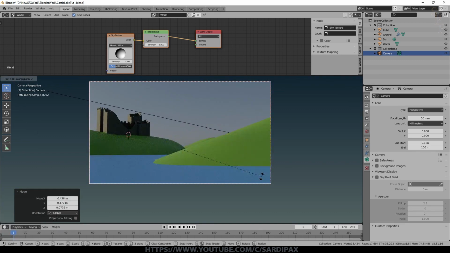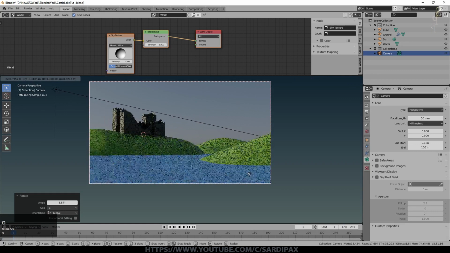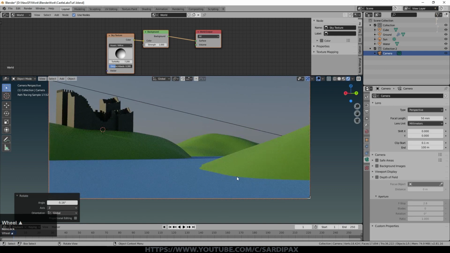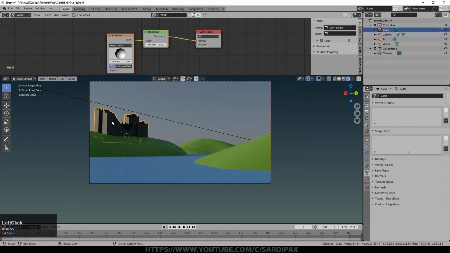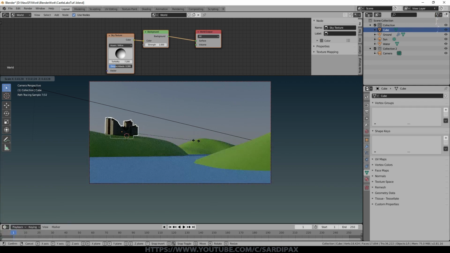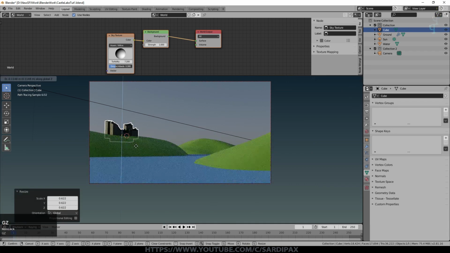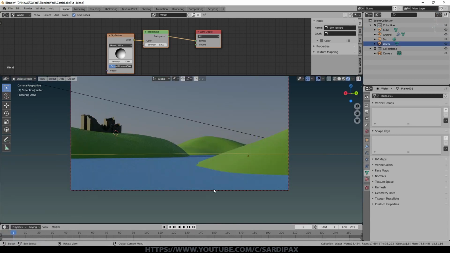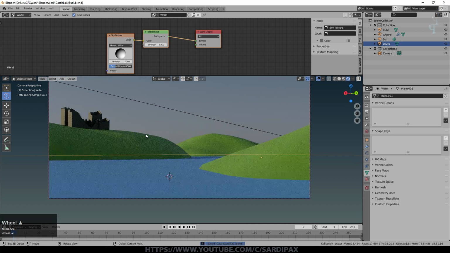Oh, it's always about playing around with the settings of the scene, the position of the camera, etc., and the lighting, till you get something you like. And I'm looking for a fair bit of interest between the foreground and the background. This is actually closer in the scene. Now, that's quite large, so I think it's a bit too dominant in the scene now. So I'm going to just shrink my castle down quite a bit, and then just lower it back into the ground. It is the main interest in the scene, but nevertheless we want to be able to appreciate the whole scene and not just be staring at that. Okay, so that's a basic element for the sun done.